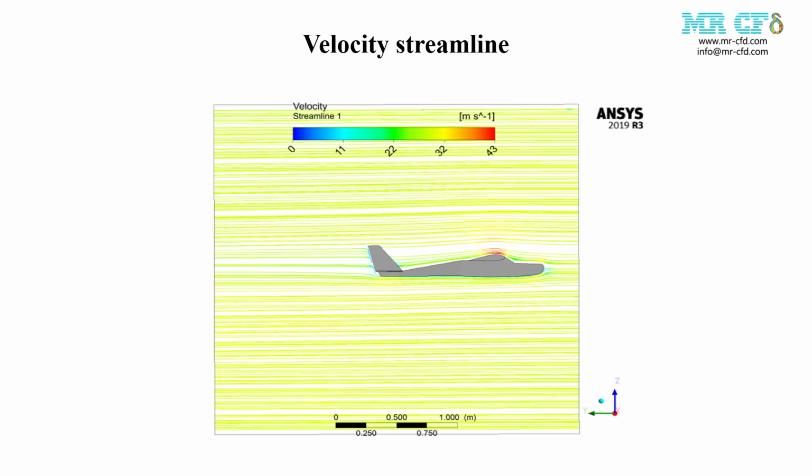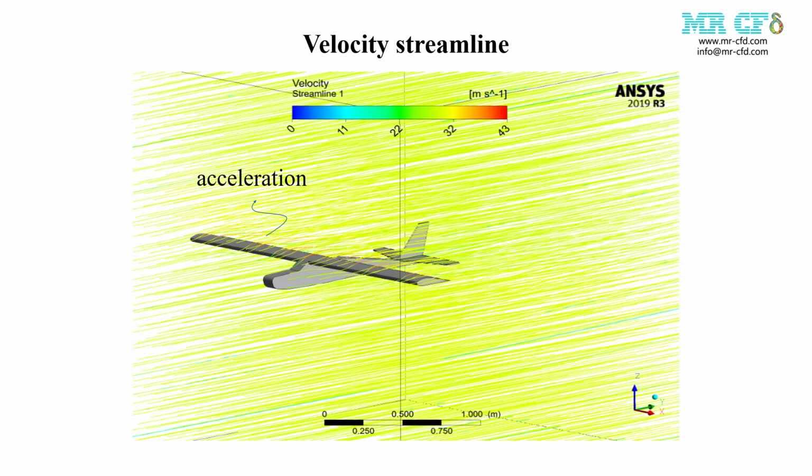Let's take a look at velocity streamlines. The streamlines show the flow pattern around the UAV. As mentioned in the description of this product, the maximum velocity is about 43 meters per second, while the free stream velocity is 30 meters per second. This acceleration of the flow is visible,